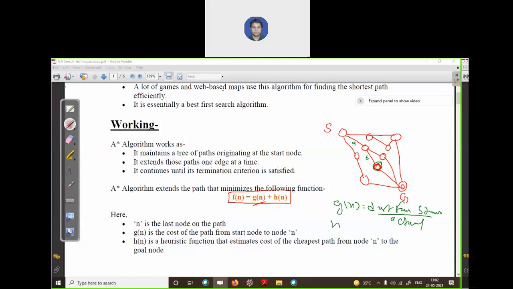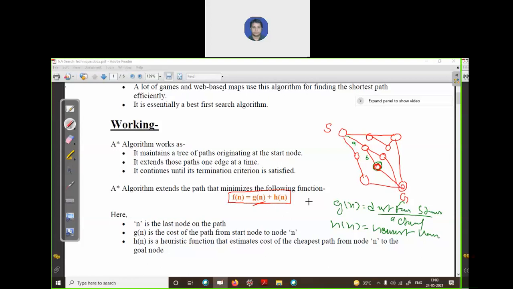And Hn is the heuristic value, or the estimated cost it will take to reach the goal node from that node. So Hn is the heuristic value or estimation cost: how much cost it will take to reach your goal node. Is it clear?